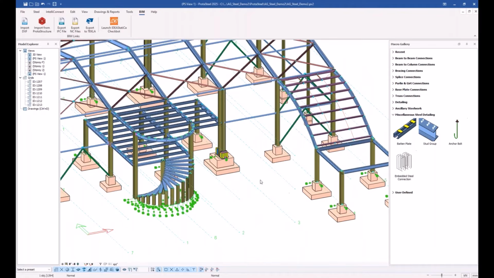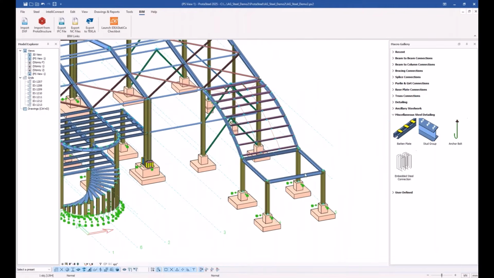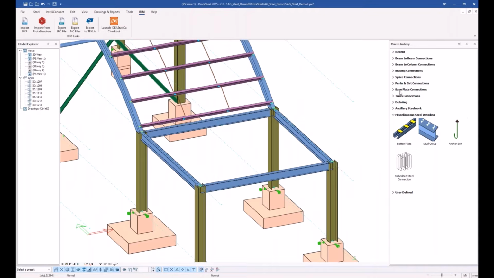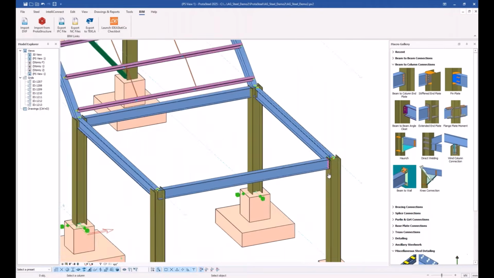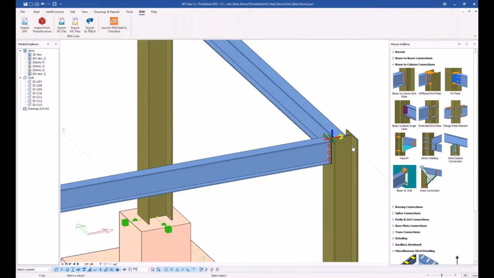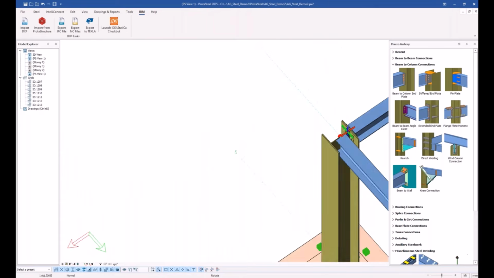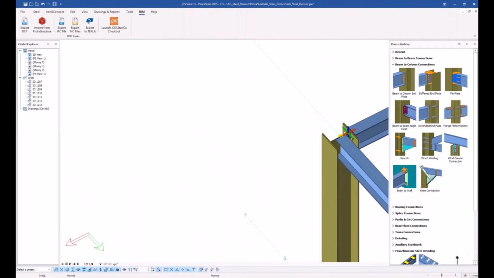Oh, sorry, before this, let's make a couple more connections here. I'd like to add some beam column end plate here at this joint, and maybe a stiffened end plate on this side.